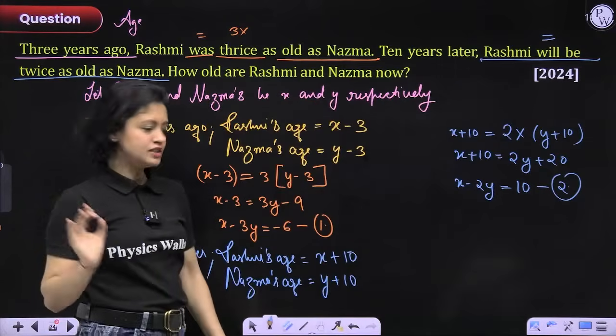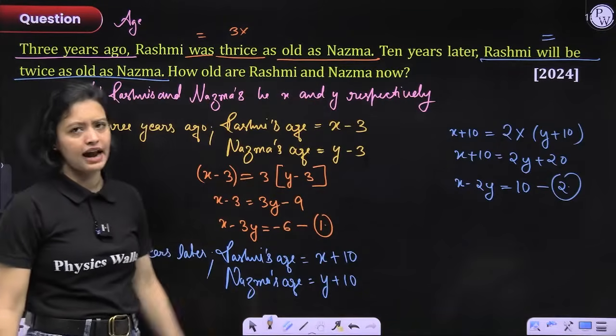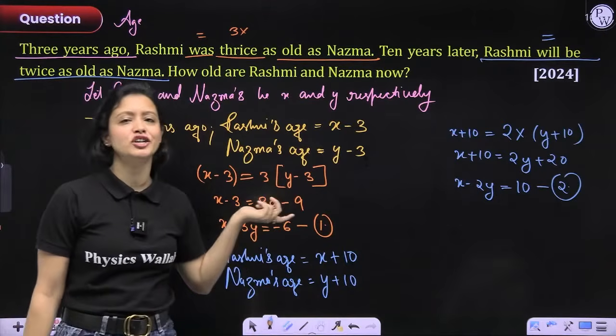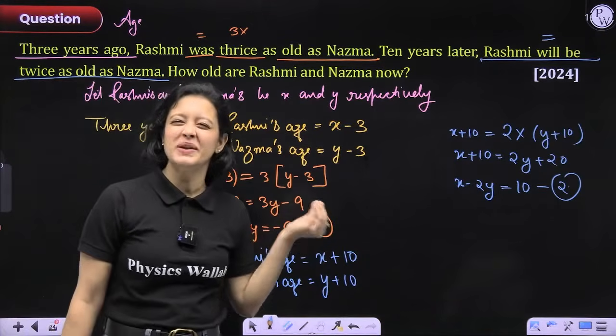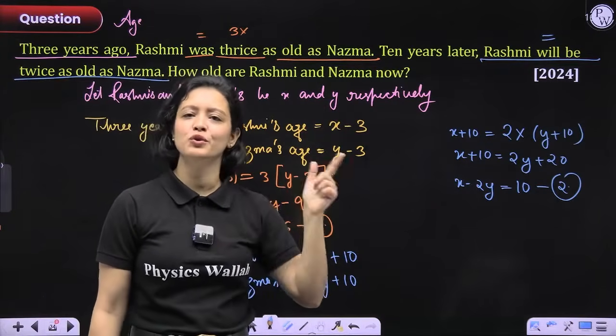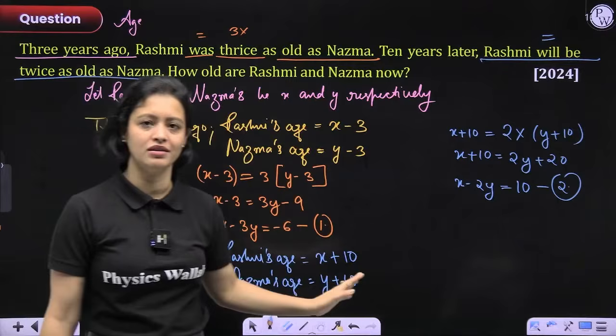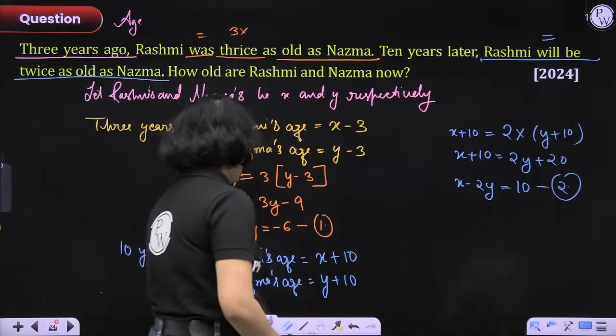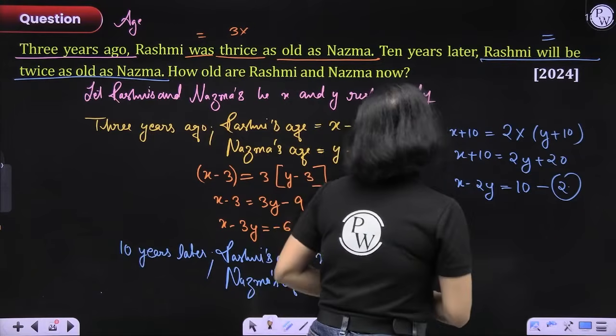You have 2 equations and very easy equations at that. You can clearly see that in both the equations, the coefficient of x is same. So if you get equations like these in which one of the variables have the same coefficient in both the equations, simply use elimination method. Okay? So what I'm going to do, I'm just going to subtract both the equations. Okay? So let's do that, everyone. So subtract